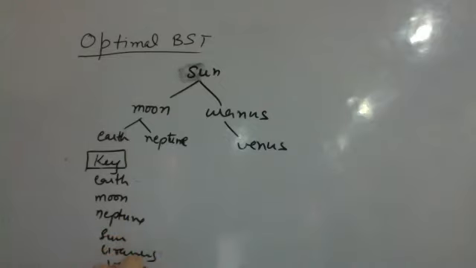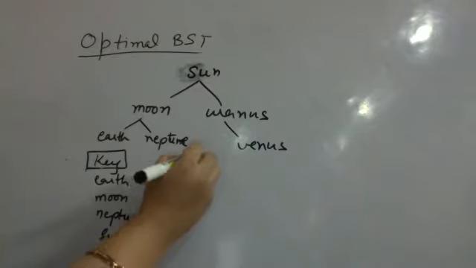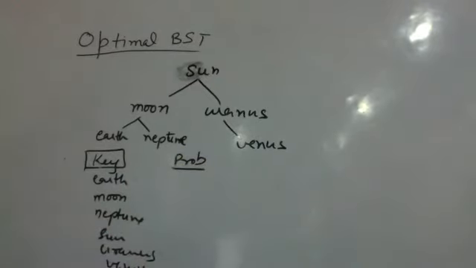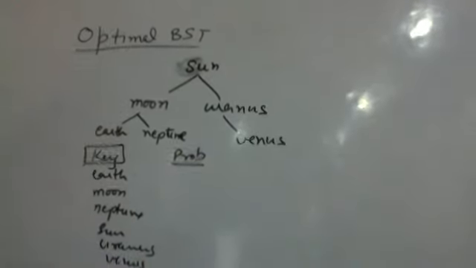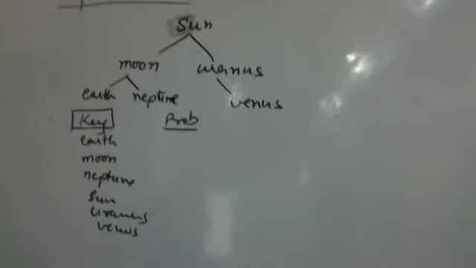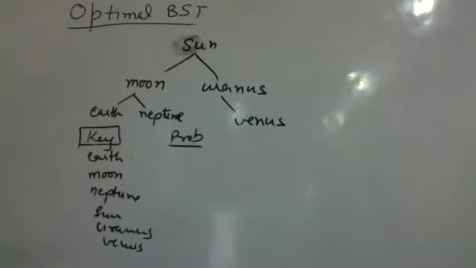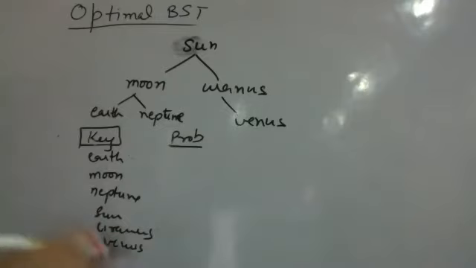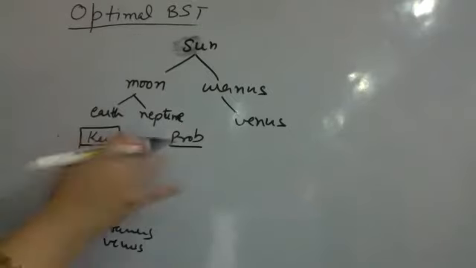And now these all have some probabilities of being searched. The sum total of all the probabilities will come out to be 1 if I'm having fractional probabilities, or it might come to 100. Supposedly 100 searches were done. Out of 100 searches, how many were done for each key? From previous records, from some search data, we try to find out the probability.